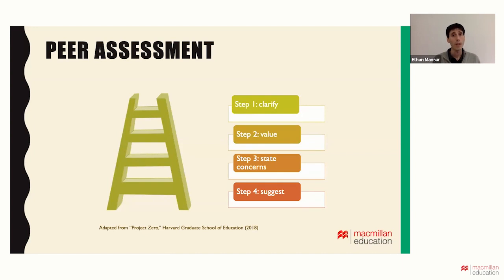And then from there, they do move on to focusing on negative things, or things that could be improved, things that could be done better. And of course, that's an important part of giving somebody feedback. But there's always step 4. And step 4 goes together with step 3. They're linked. So every time a student points out a problem or something that could be better, they provide some type of solution, some type of suggestion. So they're not just pointing out things that are wrong, they're providing something useful for the student